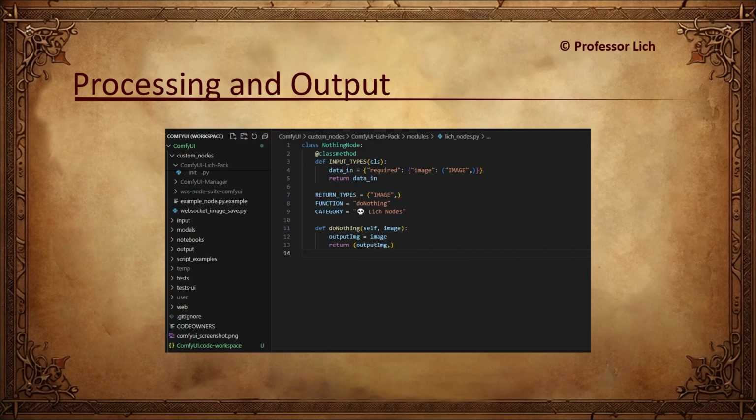And lastly, you'll see this category bit. If you wonder why your node ended up in the SD menu when you right click, it's essentially a backup. ComfyUI, or maybe it's the manager, I don't know, if you don't set up the category, automatically assigns it to that folder.